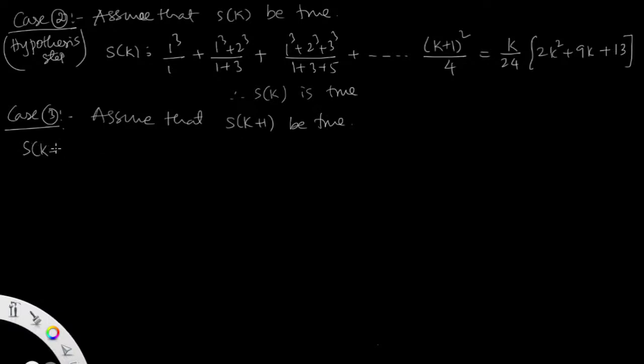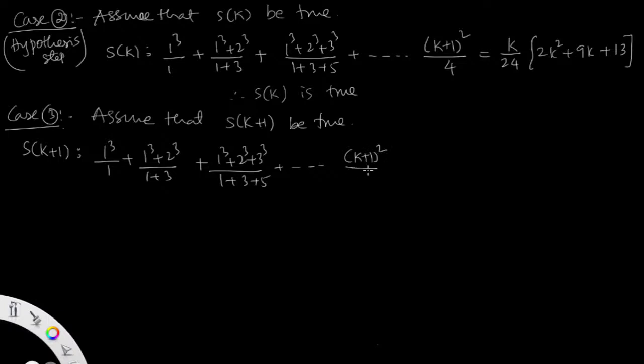Therefore, S of k plus 1 is such that 1 cube by 1, plus 1 cube plus 2 cube by 1 plus 3, plus 1 cube plus 2 cube plus 3 cube by 1 plus 3 plus 5, going on till k plus 1 whole square by 4. In the place of 1 you can add the nth term. Nth term means in the place of n you write k plus 1: k plus 1 plus 1, that is k plus 2 whole square by 4, which is nothing but k by 24 into 2k square plus 9k plus 13, plus adding both